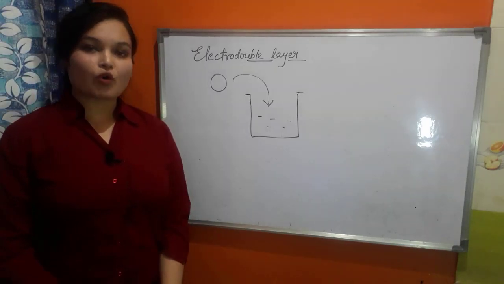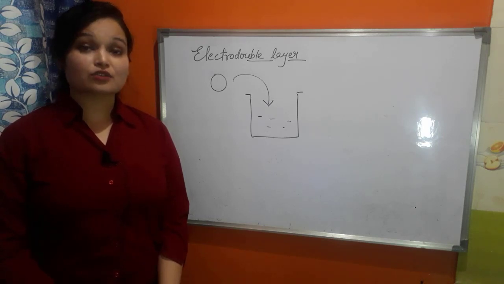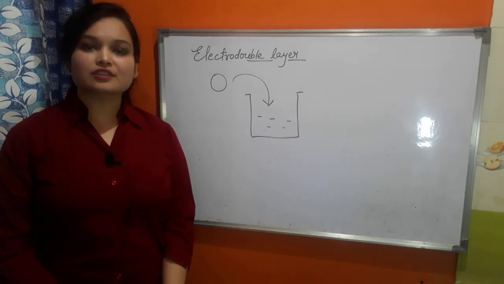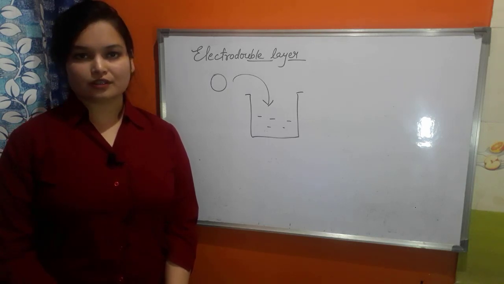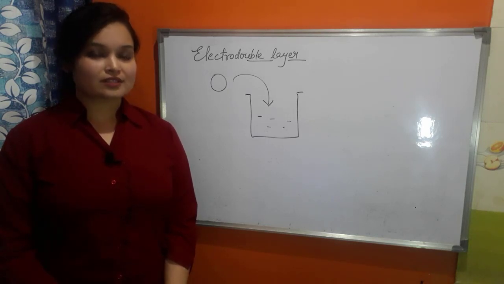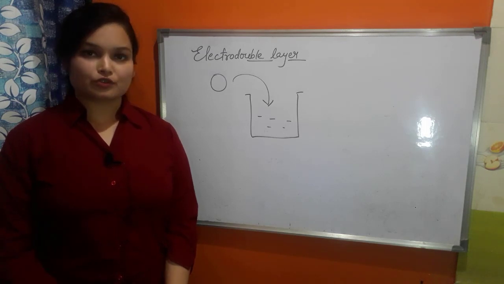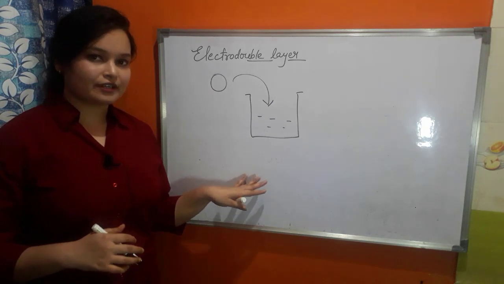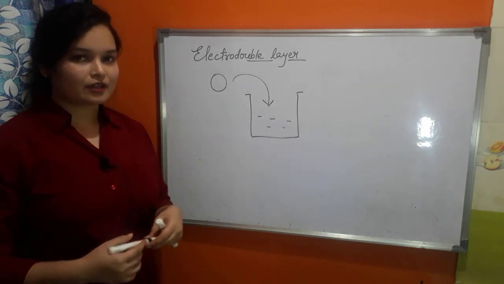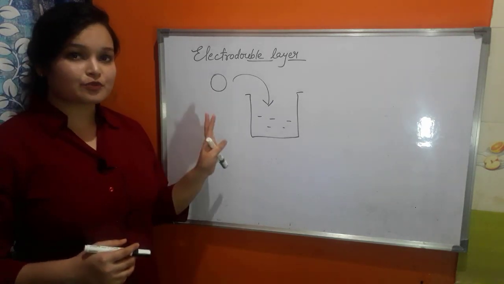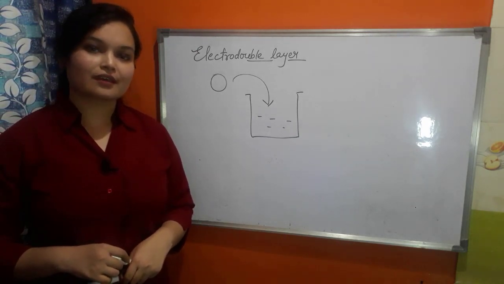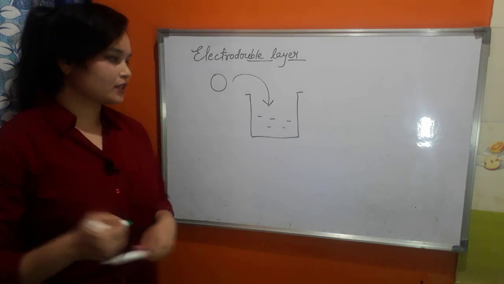You may ask, what will happen if this particle is soluble in the solvent? Then you will be studying about Nernst potential, not zeta potential. For zeta potential to exist, the particle must be insoluble. So when you put this particle in this solvent, something will happen. It will be the acquiring of charge by the particles. How are these particles acquiring the charge? There are three ways for it to happen.